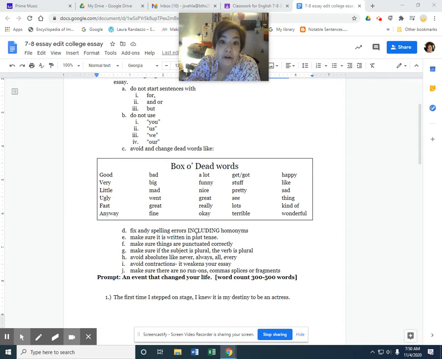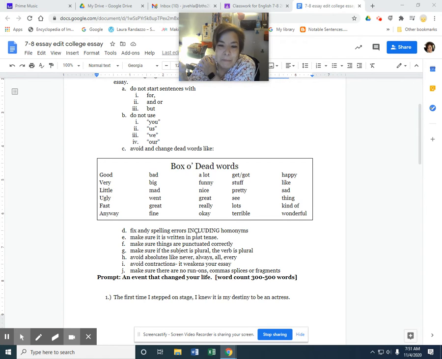So that's going to be a little bit harder to do because we haven't gone over that. So what you want to do is you want to make sure there's no comma that's separating two sentences. And you want to make sure there's not two sentences put together with nothing in between them. So there's 2 ways to fix that. You can put a semicolon where it is, or where's the comma, you can put what's called a fanboys. Fanboys are a type of conjunction: for, and, nor, but, or, yet, and so. So that spells out fanboys, okay? So it would be a fanboys plus a comma. That would be how you would fix it.